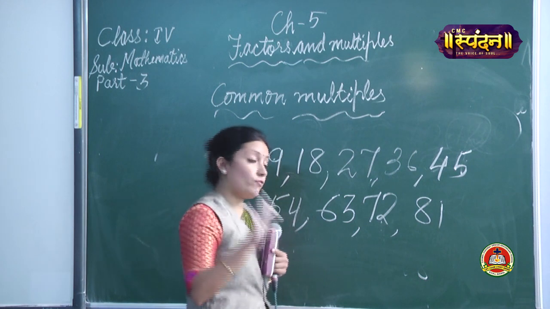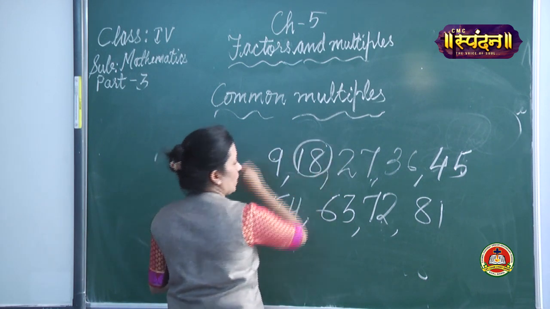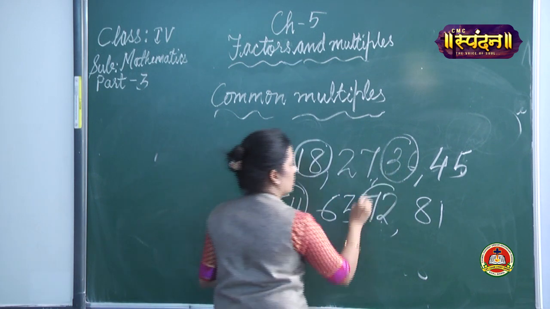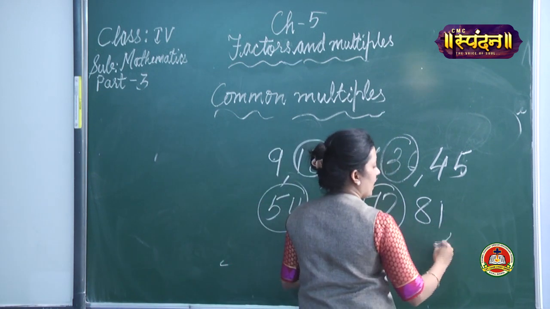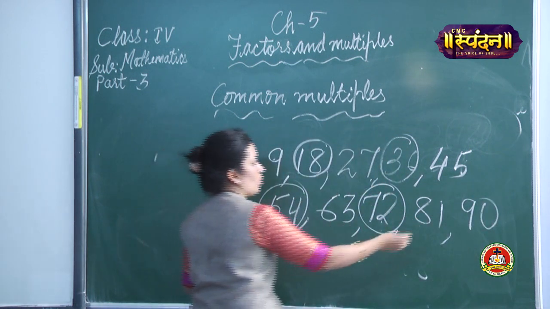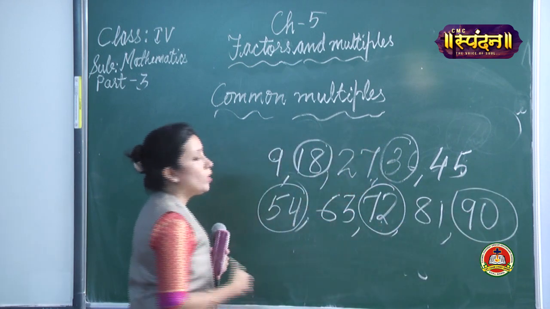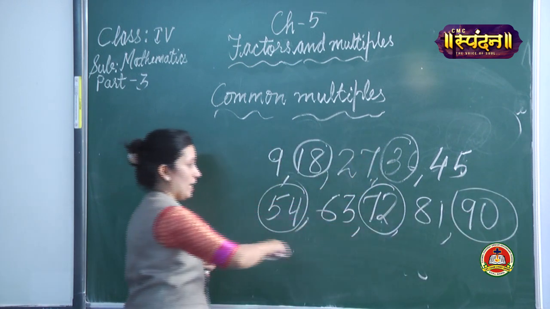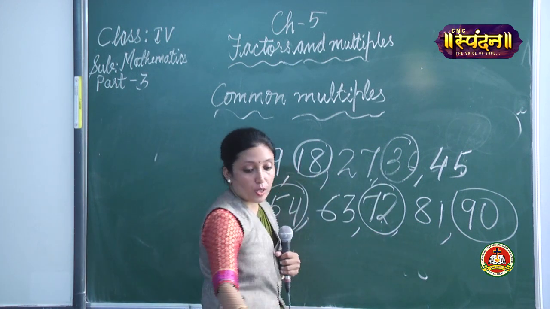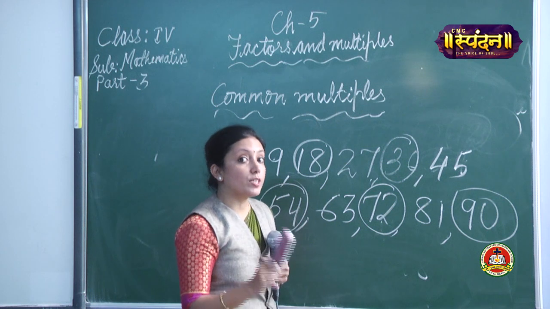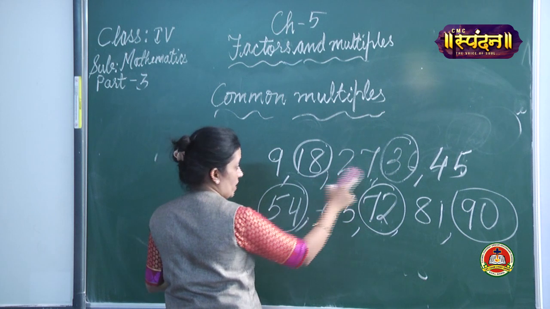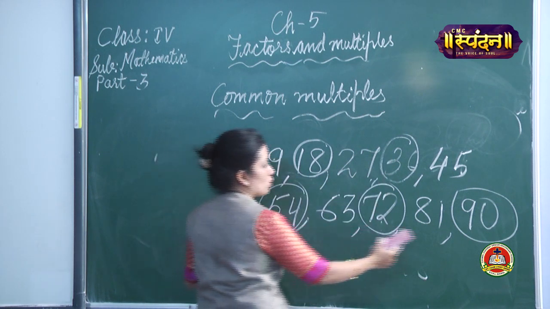Now let me see the 5 even numbers. This one, this one, this one, this one, and then 9 tens are 90. Is this even? Yes. 1, 2, 3, 4. This is the 5th one. So this is the continued table of 9 I have written, and I have got 1, 2, 3, 4, 5. According to your question number 4, they have asked the first 5 even multiples of 9. So children, the even multiples of 9 are 18, 36, 54, 72 and 90.